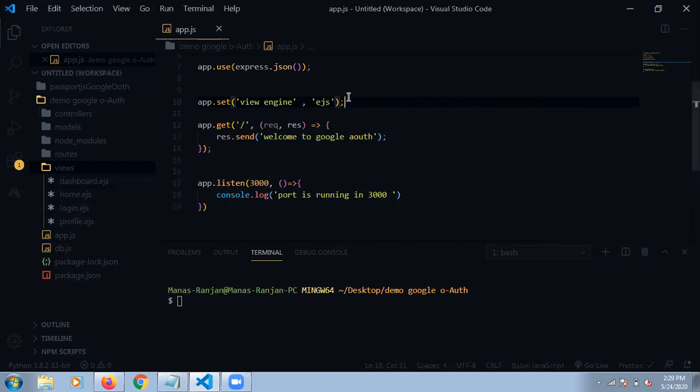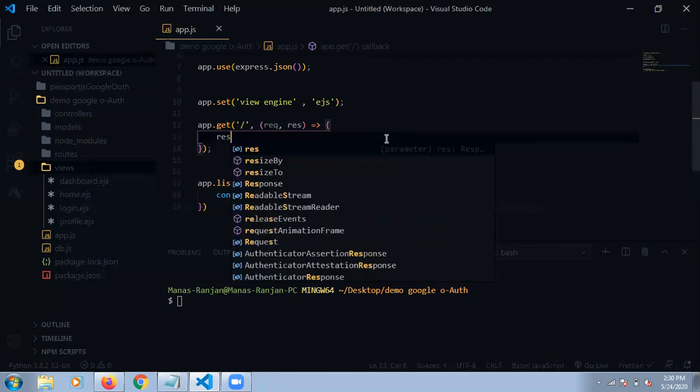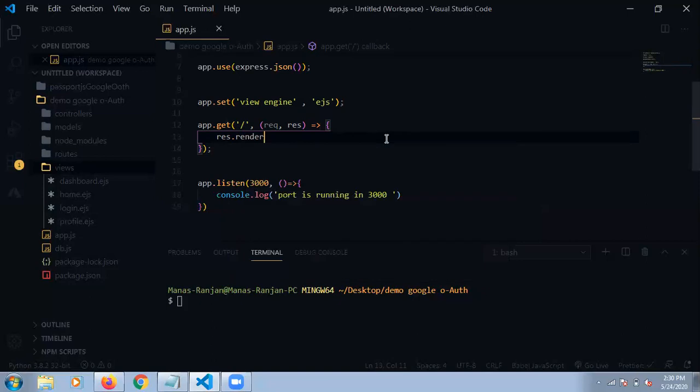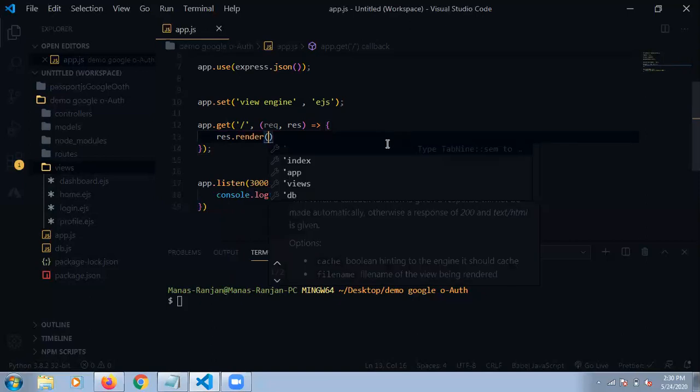Another thing: since our home route, where I already explained that we are sending just a response of welcome to Google, we are not sending a normal text message response. We are sending a whole file, so we use res.render. You can see VS Code is showing suggestions, and you can see what our home route is.